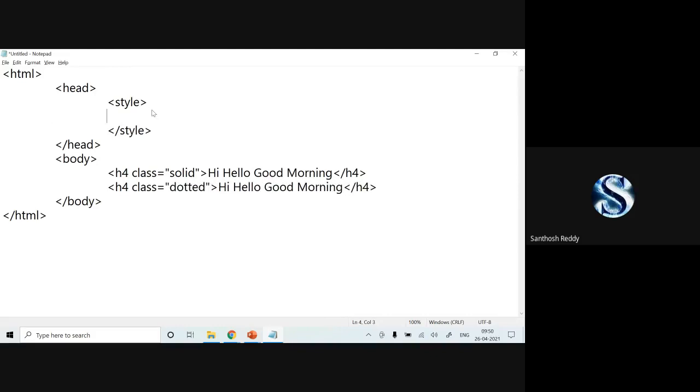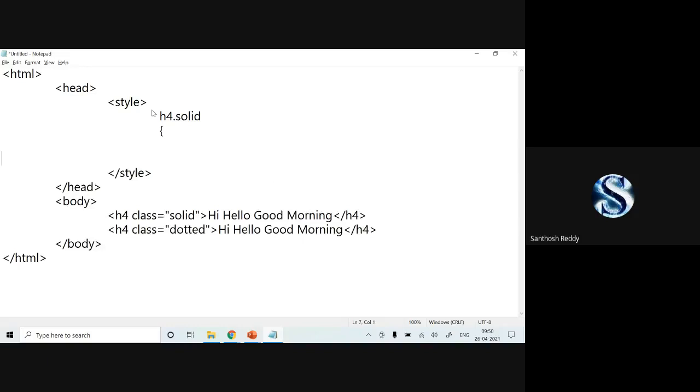When I come to the styles, here I'll mention H4 dot solid, opening and closing parentheses. Here I'm going to apply the property. If I want to apply the solid line, what is the property name we have to use for border? Border hyphen style colon solid. That's it.